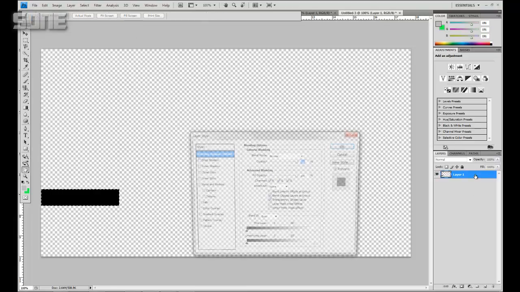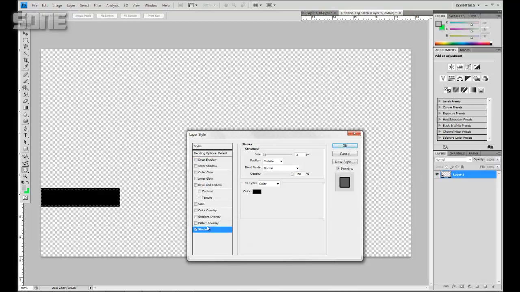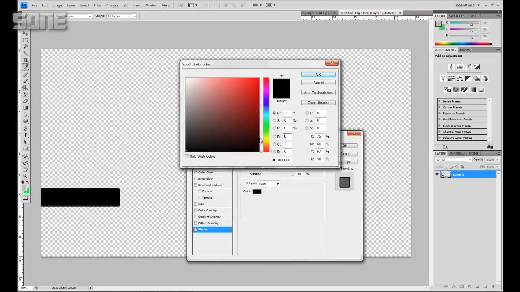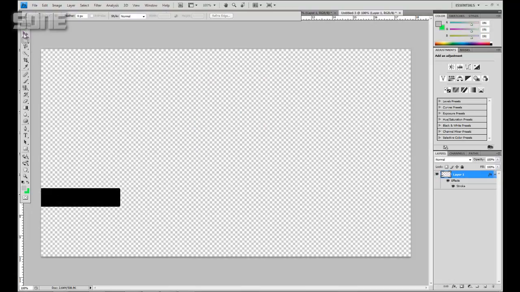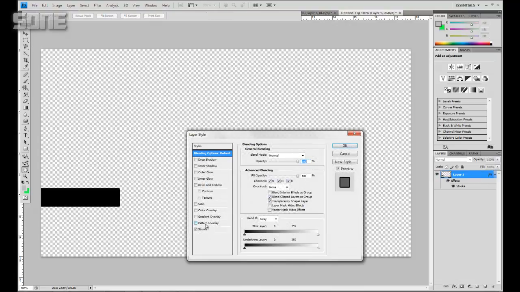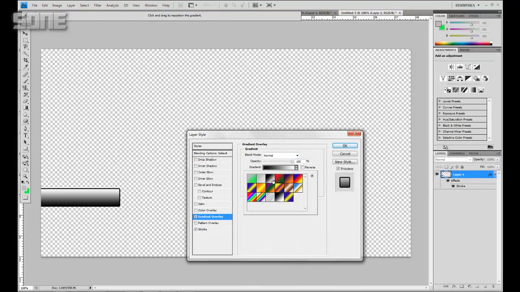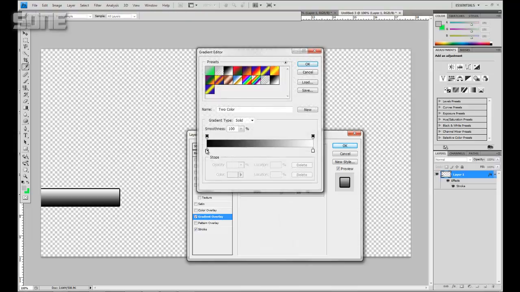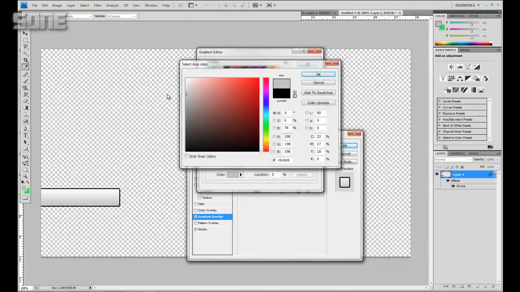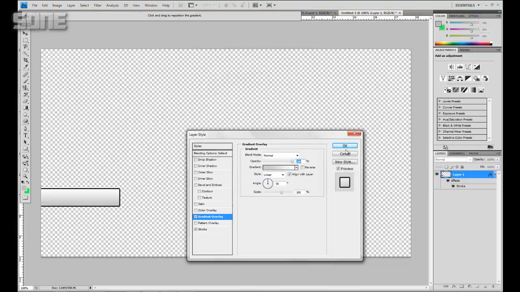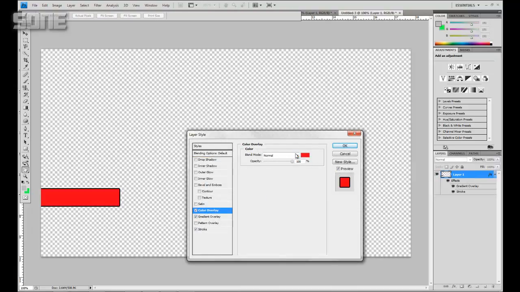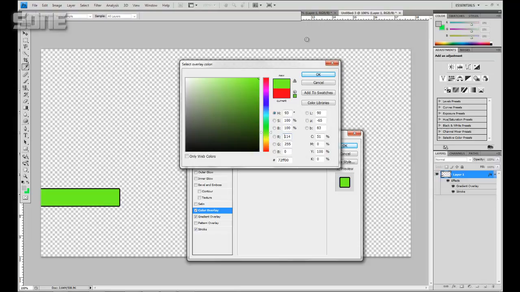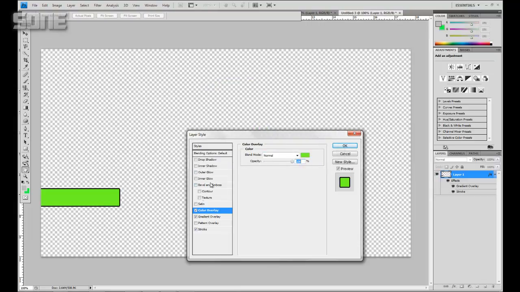you're going to double click on it and go to stroke. You want the stroke to be black. Then we're going to change the background color. You're going to go to gradient overlay, click on this, and make the black a lighter gray so it looks metallic. Click OK. Now you're going to do color overlay, and let's just say the color is green. Then you go back to the gradient overlay,